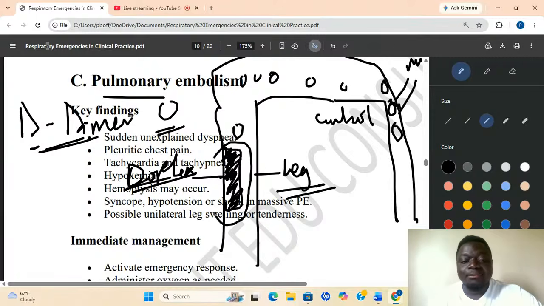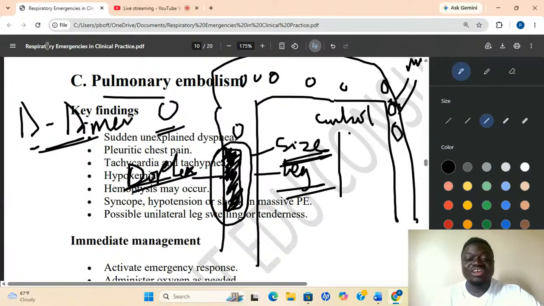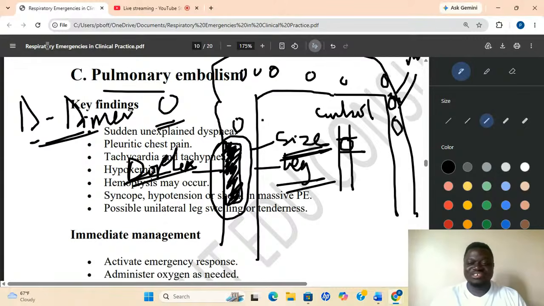And when I see a big clot, I should know the size, and I should know the size of my blood vessel, the vein. Is it totally occluding it or partially occluding it? Simple. So this is a simple physiology that you catch once and for all.